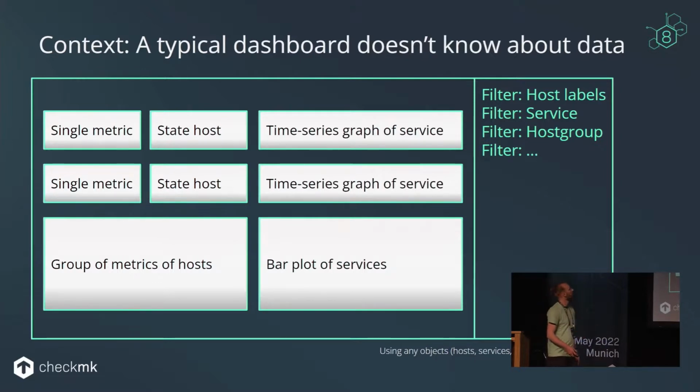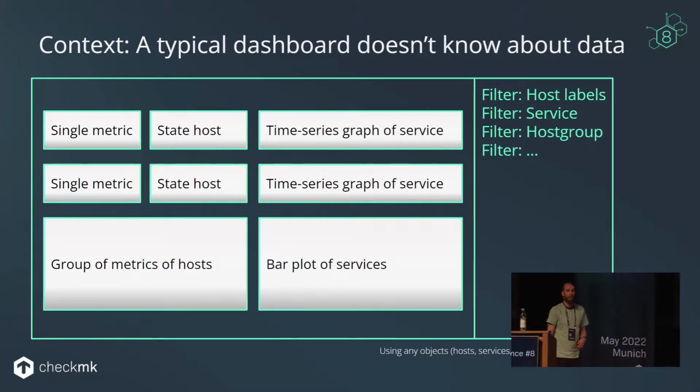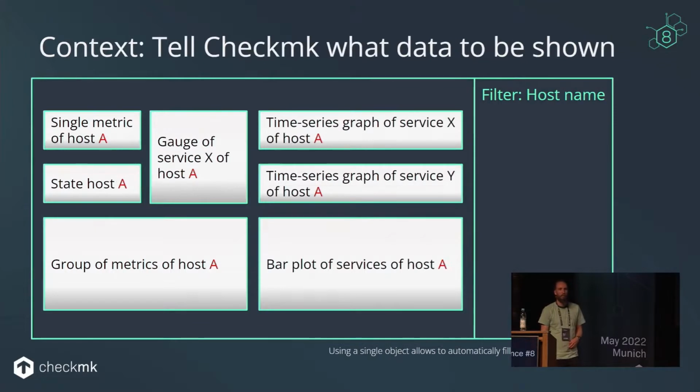But that's a typical dashboard anyway. So you're showing random data, arbitrary data from one or more hosts. And so one thing that is an advantage if you have a context-based or a context-aware dashboard is that you also could say, I want to show a dashboard of a single object. A single object could be a host or a service or anything else in Checkmk. And with this single object, I already know that I have to care about one host only. I will come back to that later, but in this example,